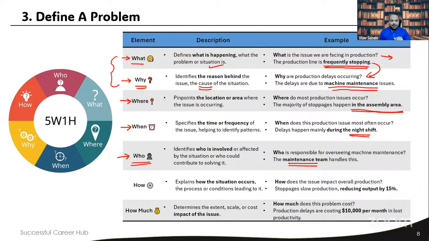One more thing here. We are going to ask this question who not to blame somebody, right? We are going to identify the person who is going to help us to come out of the situation, right? As you know, the use of a tool is totally depending on the subject matter expertise that is also involved during the application of the tool. So that's why it's very important. We must have the knowledgeable person. That's why we are asking this question who, right? So that we can involve the people during the root cause analysis who really have the subject matter expertise, or who know the situation more clearly than us.